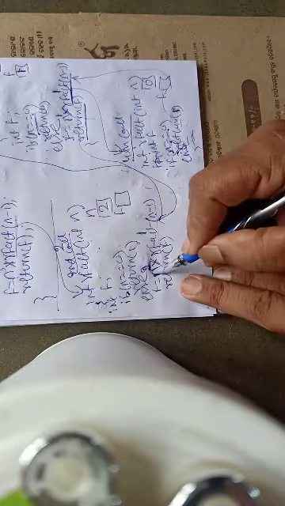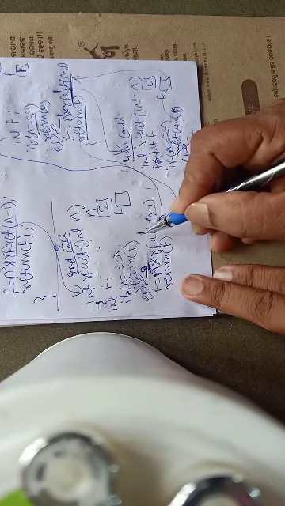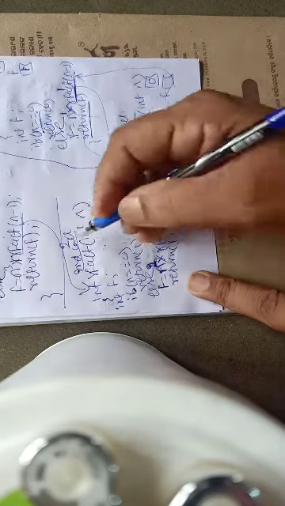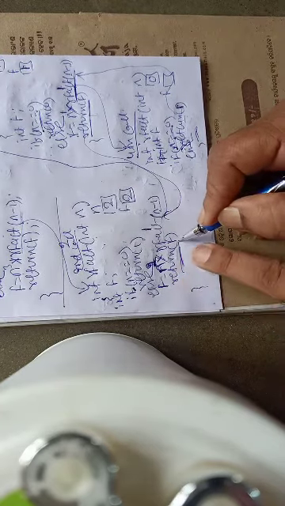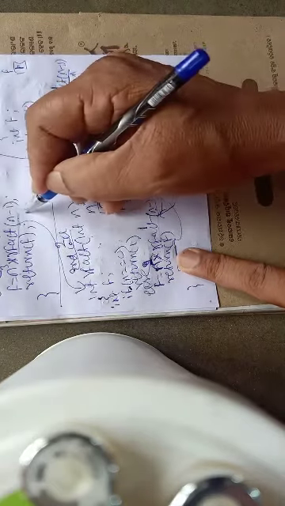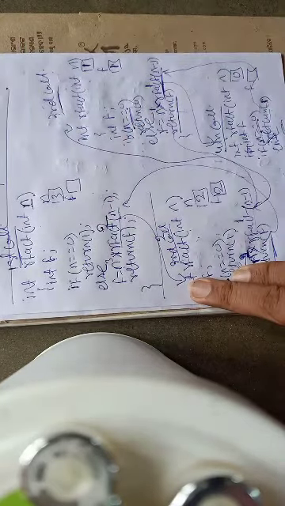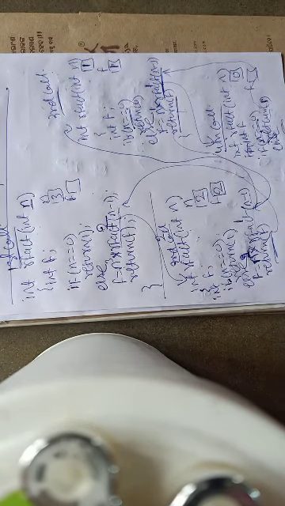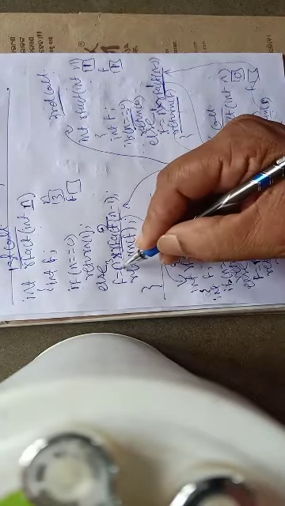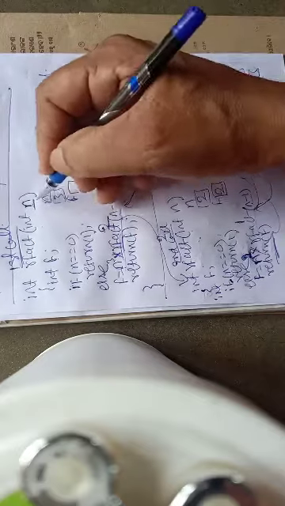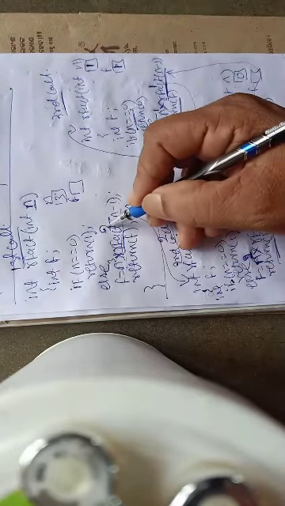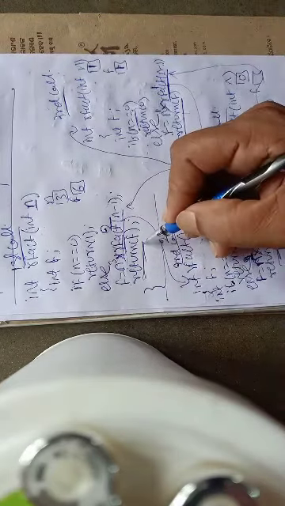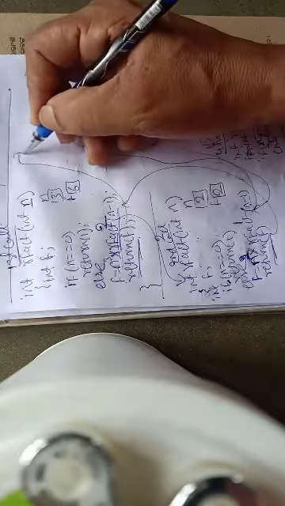In the second call the value of n was 2, so 2 is multiplied with 1 and the result obtained is 2, which is stored in f, so f becomes 2. So the second call will return f. It will return f means it will return to whom? To the first call, and the first call will get 2. Now in this particular location the value of n was 3, because in the first call we passed n as 3. 3 is multiplied with 2, so the result will be 6. The value 6 is stored in f. Okay, and finally this will return to whom? Return to the main program.